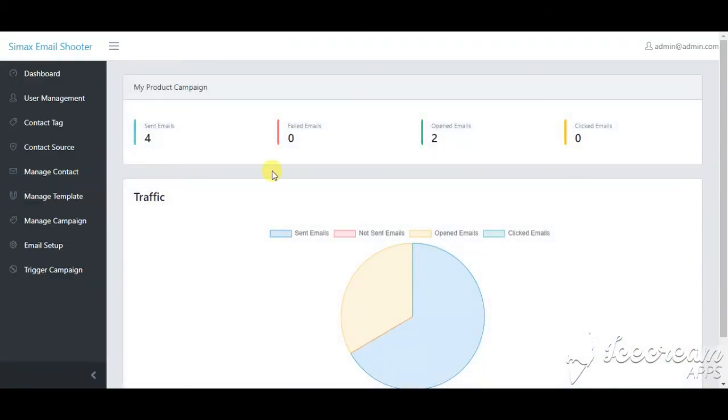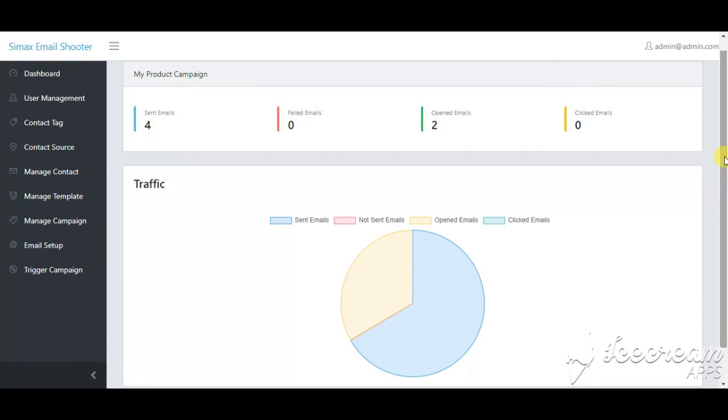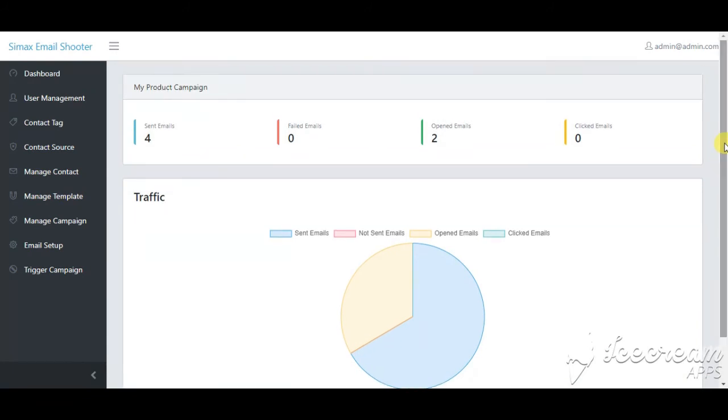I can show you the analytics of one existing sent email. Sent 4 emails, failed emails 0, opened emails. Opened emails means when anyone opens your email template in their inbox, the count is automatically incremented. It is linked with your contacts' emails.